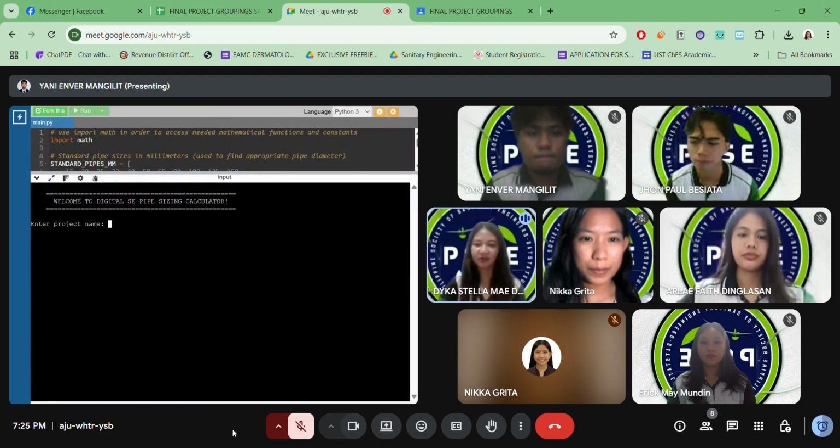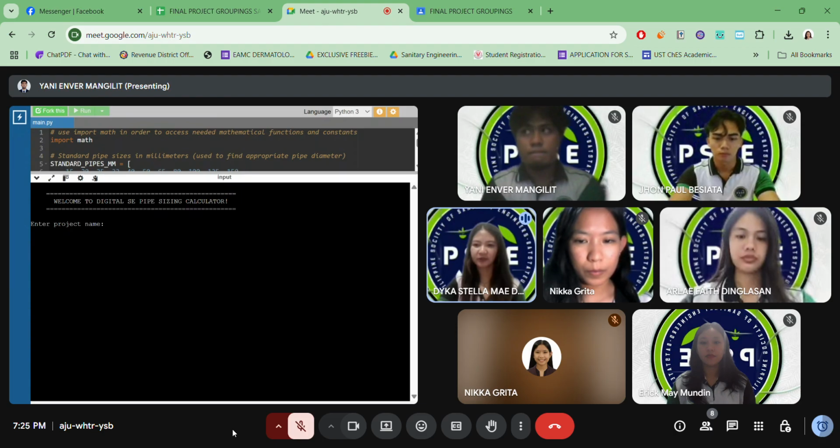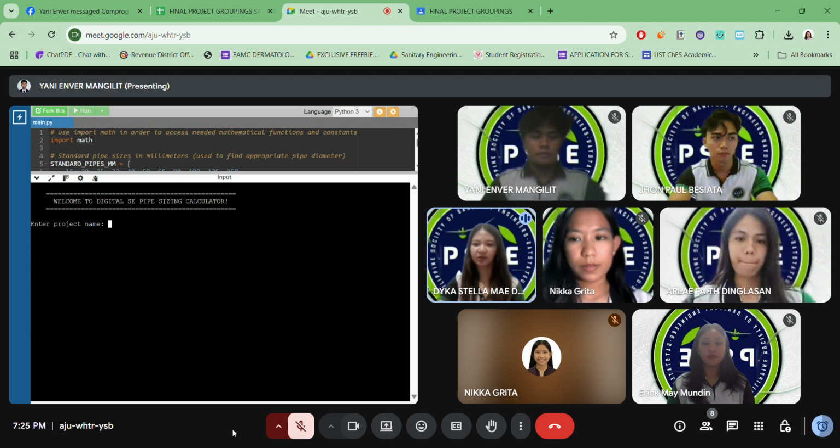So let's talk about how it works. The program starts by estimating how many people live in a lot. It assumes that each person needs about 12.5 square meters of space. Then it uses the average daily water usage, 105 liters per person, and assumes 80% of that becomes wastewater. From there, it calculates how much wastewater will flow out every second, which is the key to choosing the right pipe size using a formula called Manning's equation.